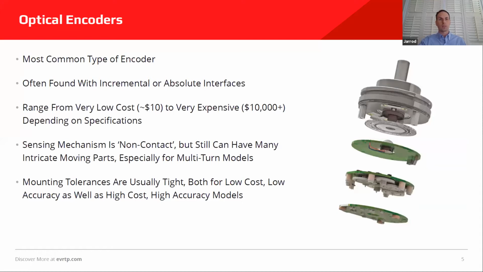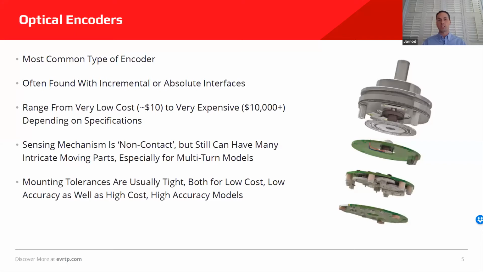So starting with optical encoders, most optical encoders are pretty common in industrial and defense applications. You can find them with incremental and absolute interfaces. As mentioned before, you have a real broad market. Some are very low cost, maybe a few dollars when purchased in quantities, and others can exceed $10,000, $20,000 each,